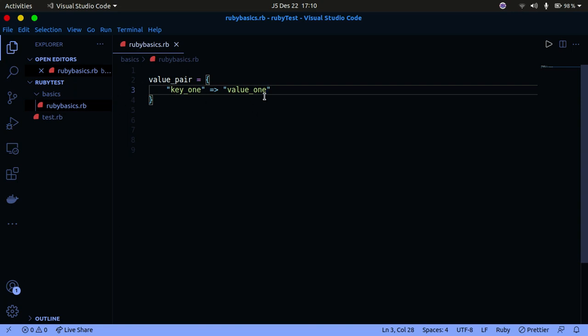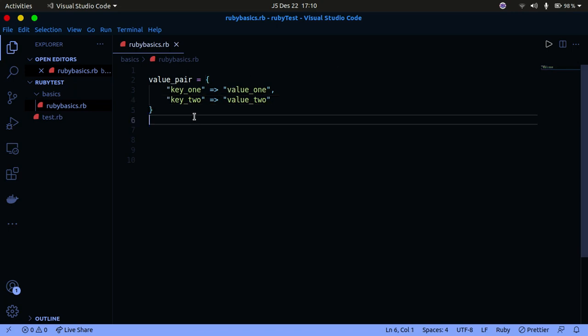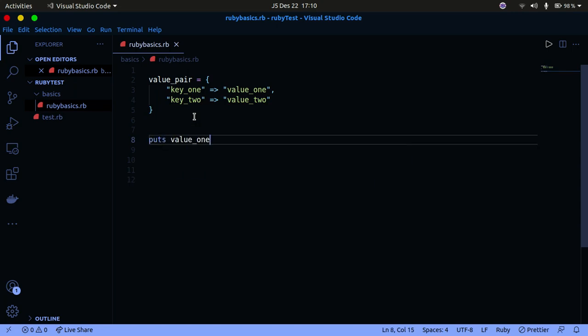This is going to return to you value 1. Okay, and I can also add a comma, and then you can specify key_2, and key_2 is just going to return to me value_2. So I can say key 1 points to value 1 and key 2 points to value 2. So if I go ahead and actually put this into a key value pair,